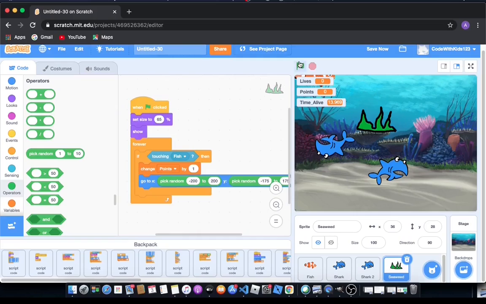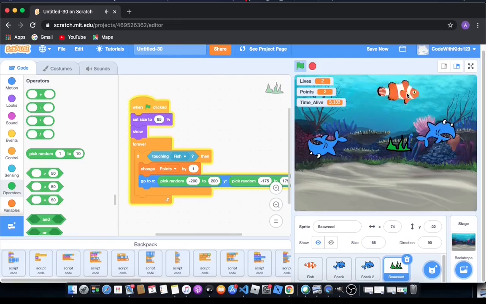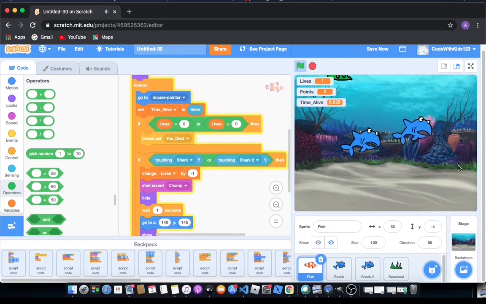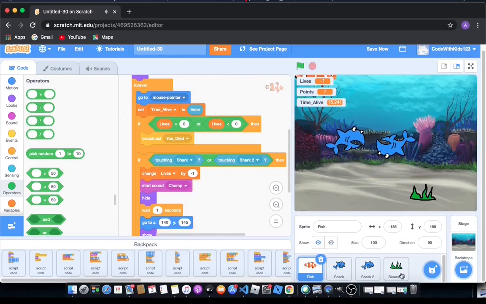Okay, so let's see what happens. So if it's touching the fish, it will change points by 1. Okay, so it's changing points by 1. And you see the points are -1. But one last thing we want to do before we make it broadcast the dead fishy message is we're going